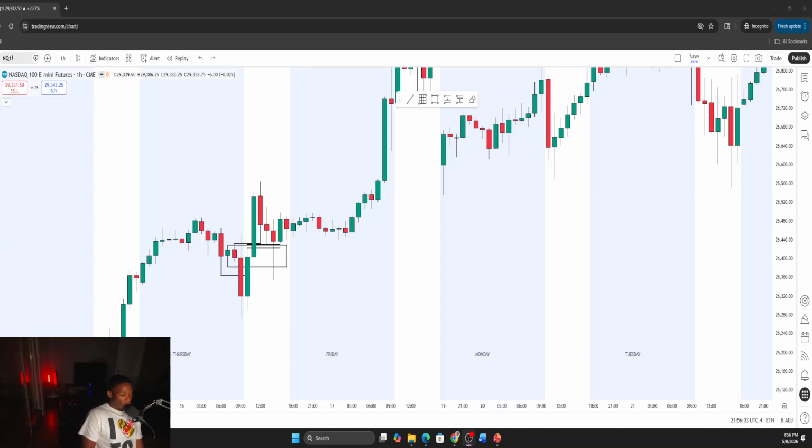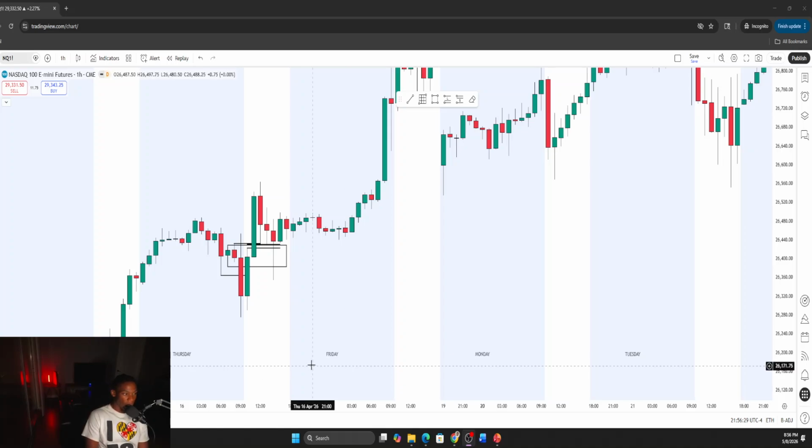So we're looking for strong displacements to form those fair value gaps, right? And we want to make sure we're only taking a trade when we see that directional bias, when we have that insider information, which will be that intent for the direction, right? So we want to make sure we have an idea of where market is going before we even take a trade, right? And then after we get that intent, we want to make sure we're using our confluences to identify